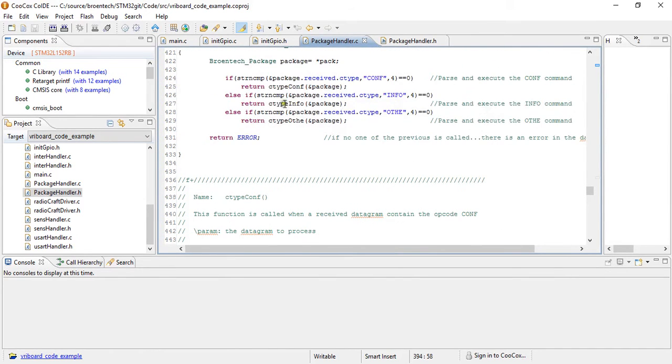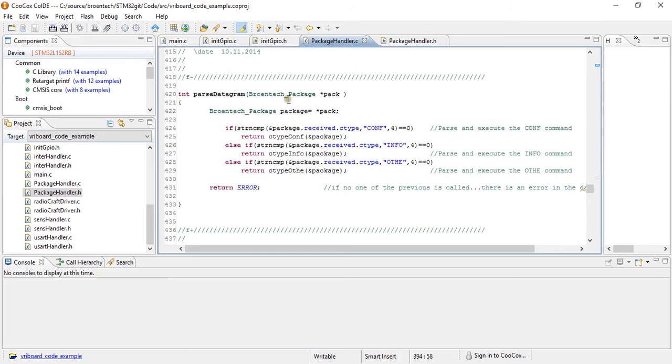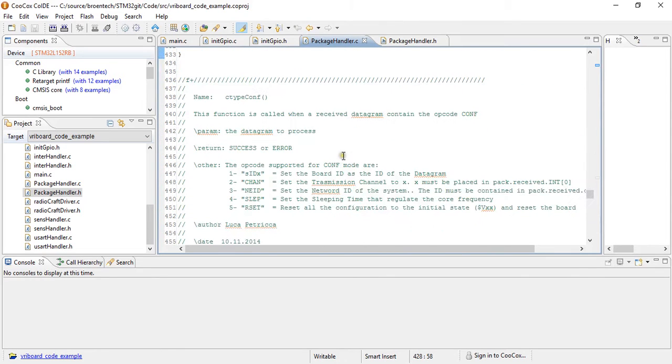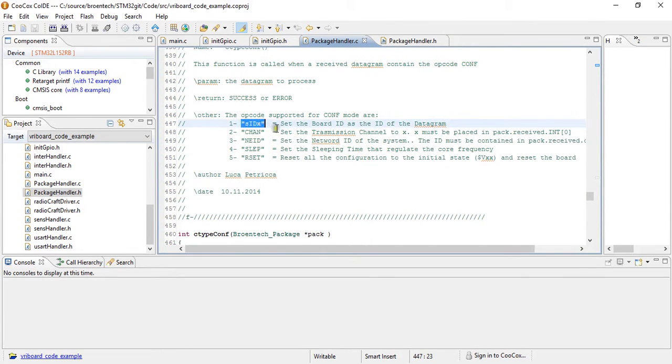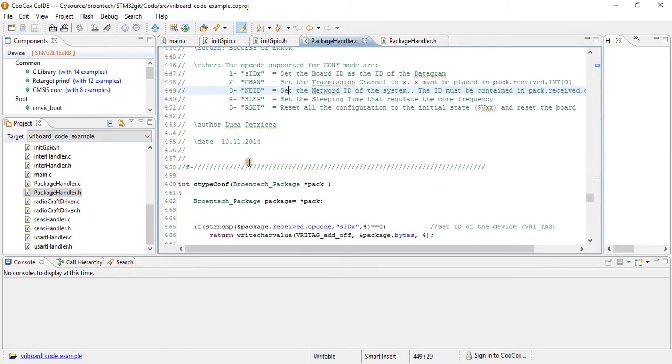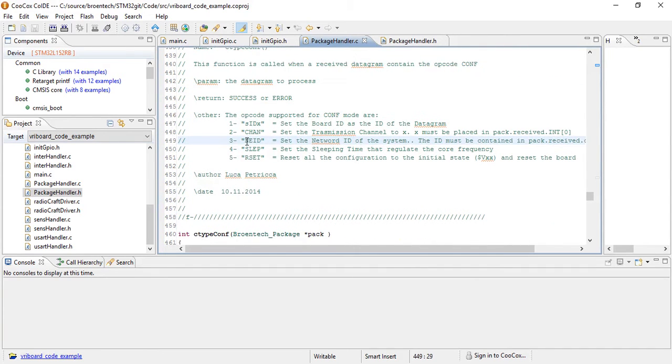Yeah, you see here we also started to implement the functions for a received package. In particular, you can have a conf command. When you receive a package, you can have a conf or an info or others. In conf, for example, you can send SDX, where you set the ID of the board, or you can have a channel for changing the transmission channel, or the network ID, and so on. So basically we already started to implement some things to make it even more autonomous. Basically the gateways can control and change the network ID, or you can change the board ID remotely, without